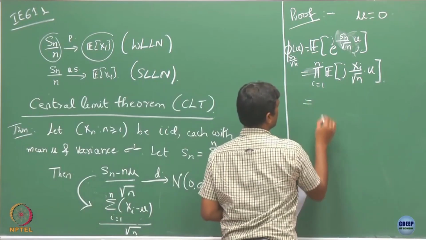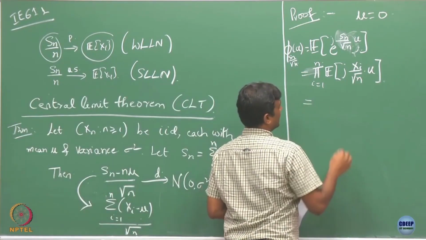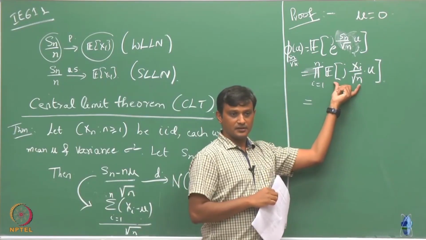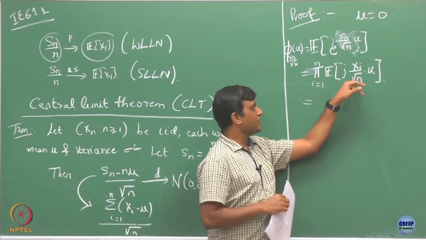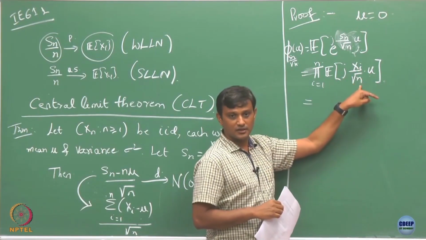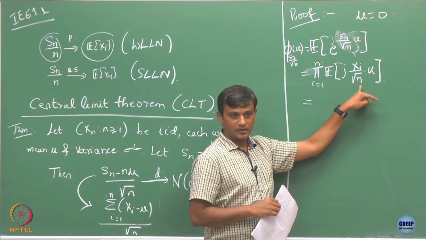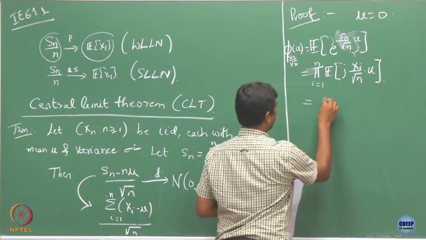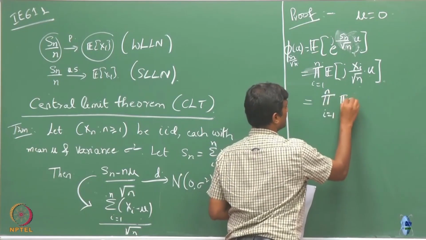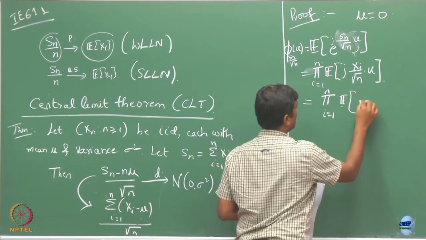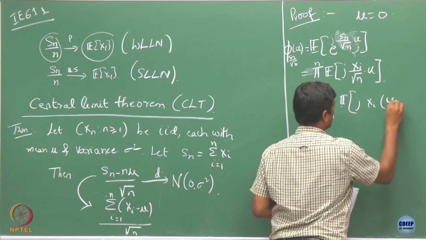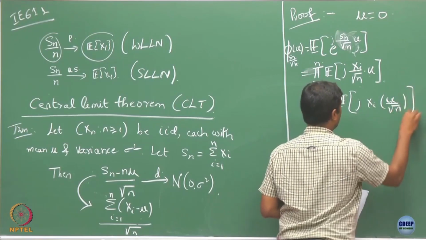And then what I am basically doing next is treating it as the characteristic function of xi computed at the value u by square root n. That is my argument here. So I can write it as the product over i from 1 to n of the expectation of e to the j xi u by square root n, which is nothing but